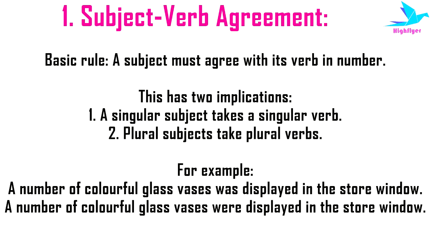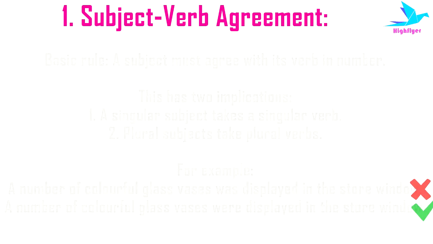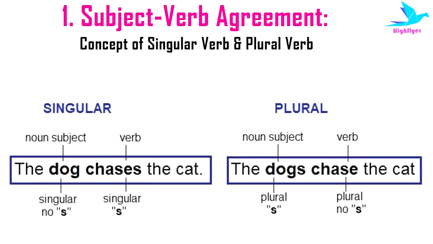For example: A number of colorful glass vases was displayed in the store window. Now this sentence is incorrect. The correct form of this sentence is: A number of colorful glass vases were displayed in the store window. As we are talking about multiple glass vases, that's why for the verb we are using the plural form, that is were. Before moving ahead, we need to first also understand the singular and plural forms